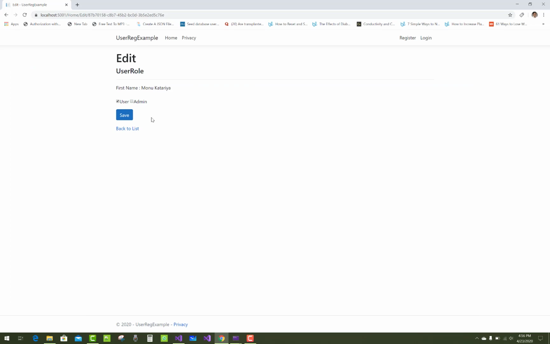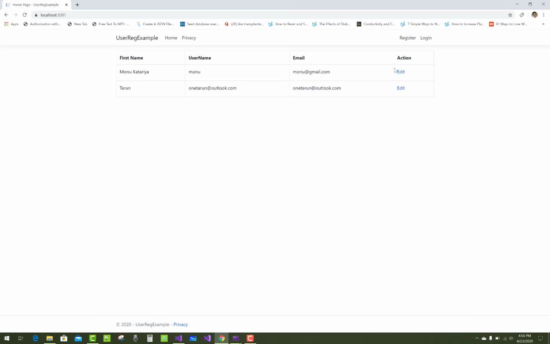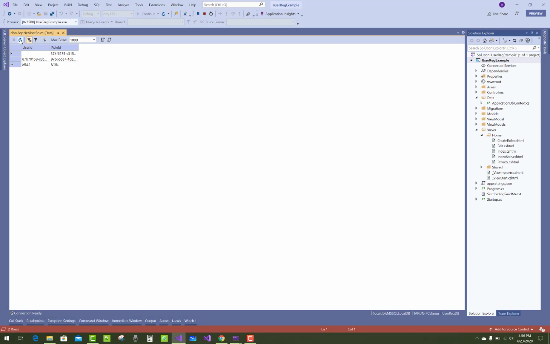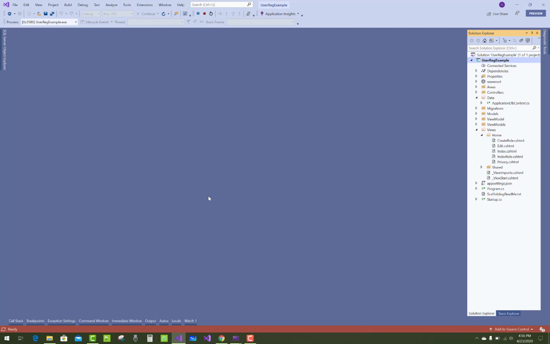Now uncheck it and save again, and check it again. There is one single role ID assigned to the user. Okay, so this is the simple demonstration.